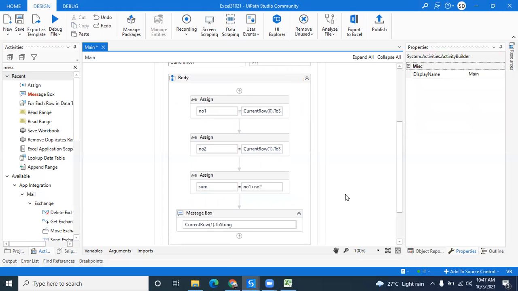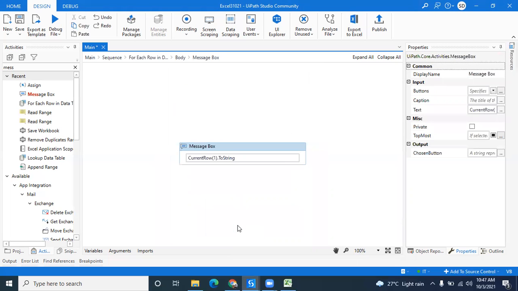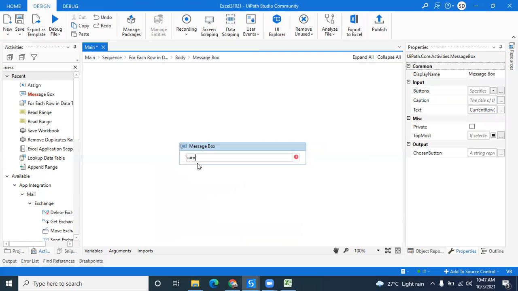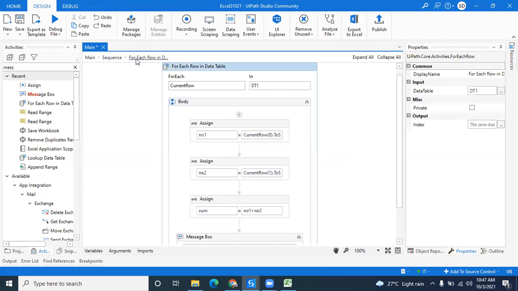So this is a simple addition I am doing. The addition part is completed, and if you want to check what addition is coming there, we can put the sum. One point is missing here, but after executing this workflow, I'll explain what is missing there.